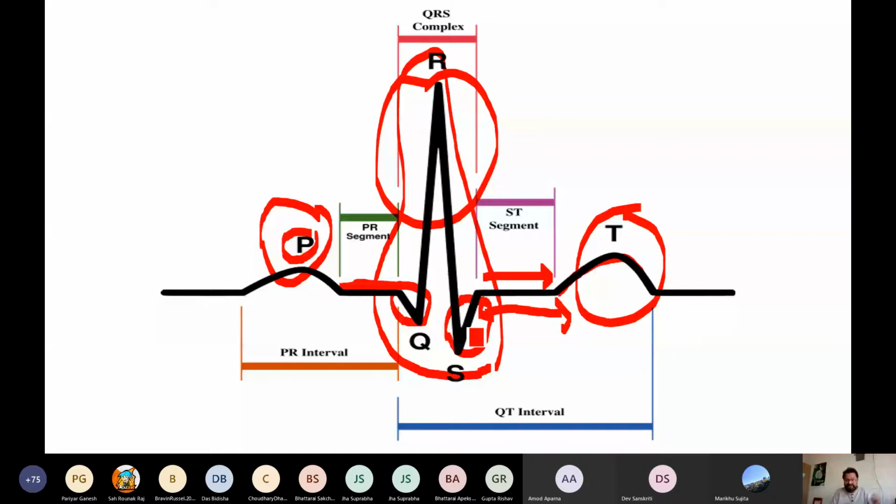If it is moving away from that lead, then it gives negative. That means if your lead is just above your SA node, then this P will always be positive. And if the electric current reaches the ventricles, the ventricles are big enough, so there will be a complex type of movement. From the left side it will go down, and maybe from the right side it may come up, so that will be averaged out. And then the resultant vector of the direction of this flow will be registered in the